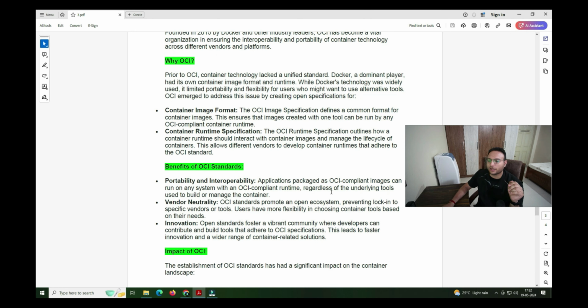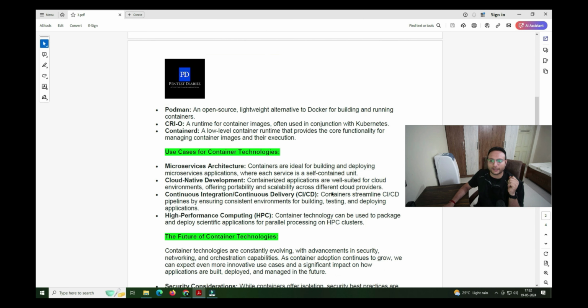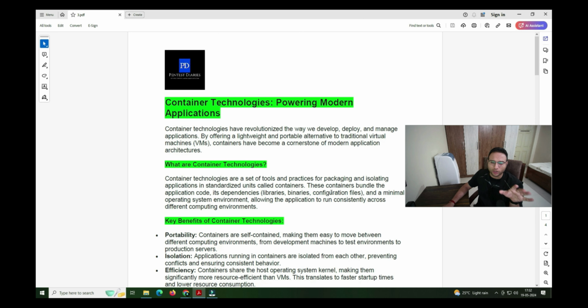Okay, so now let me start with the first section. We have talked a lot about container technologies so far, but I'm explaining why this third lecture is the theory part. From the next lecture onwards you will get a practical section. I will provide the commands we require, to trigger, check, push, pull and everything. I'll cover that from the next video. This is the theory part.